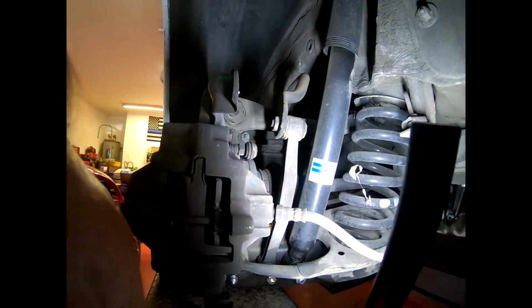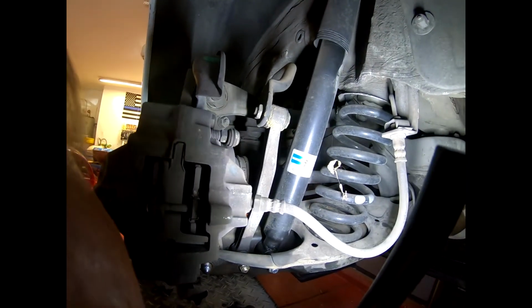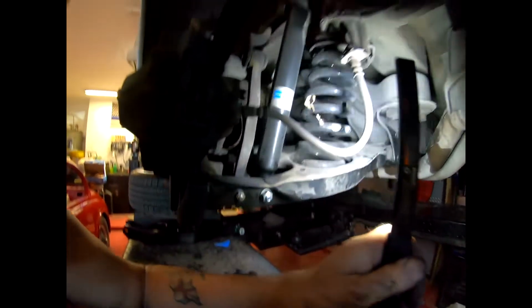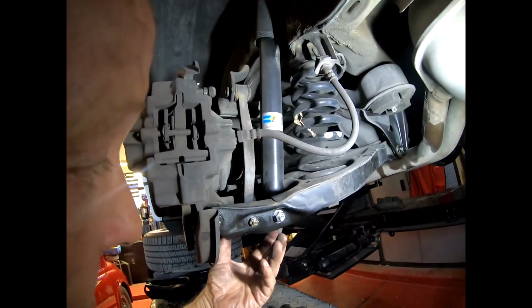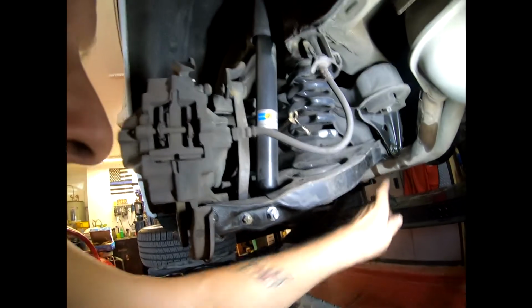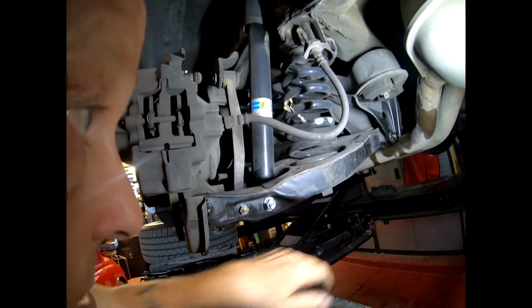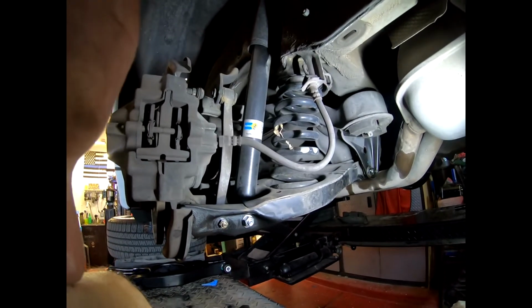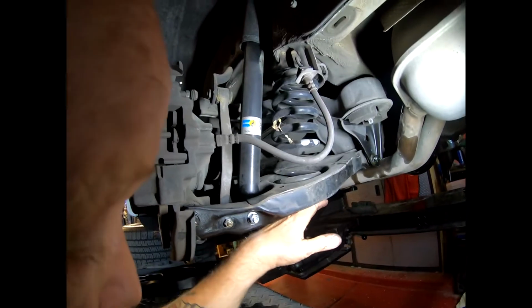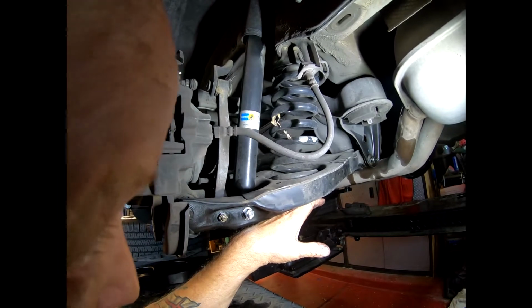So where are we now? Let's see. How am I best going to lower this? Now, this is a challenge. Do I undo this end and lower it? Do I undo that end and lower it? Thoughts. I'm going to get my jack in here. I think